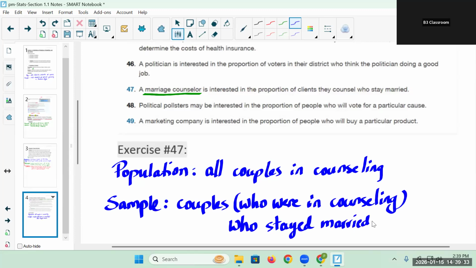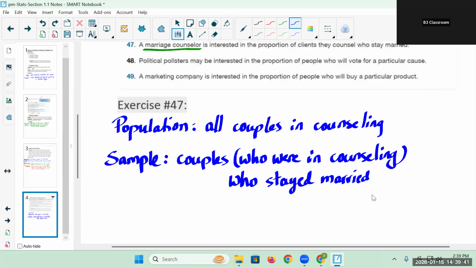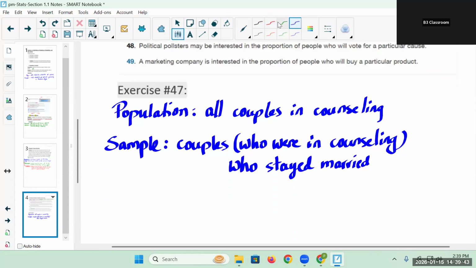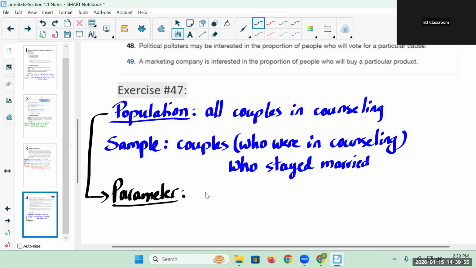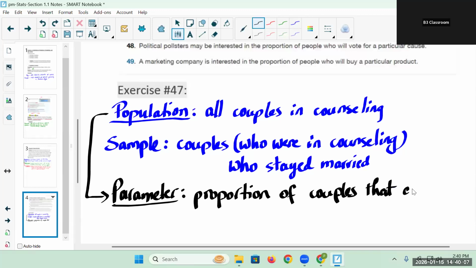Now, this marriage counselor is particularly interested in the sample, not as much as the population. But if we were talking about the proportion, since the population is everyone, then we would say that the parameter would have to be the proportion of couples